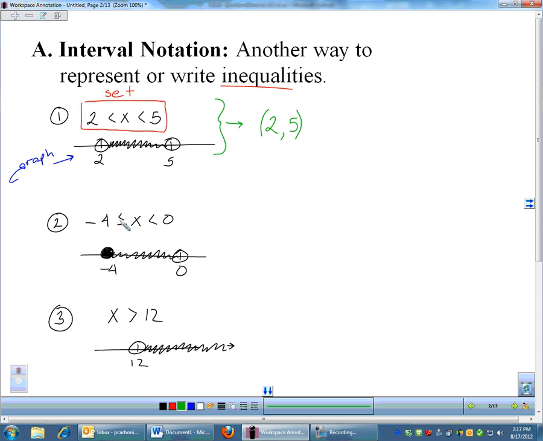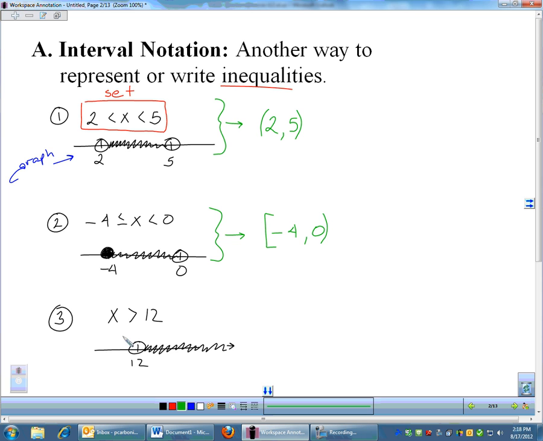This one is a little bit different. I'm going from -4 to 0, and I have it graphed here. But this time I'm including the -4. It's filled in. So if I convert this one to interval notation, I'm starting at -4. I'm shading all the way to 0. That's where I stop. And then I want to include the -4. It's filled in, so instead of parentheses, we will use brackets. So I'm equal to -4, still not equal to 0, so I'm going to put a parenthesis around 0. So there's the first two. Just remember, not equal to is parentheses, equal to is a bracket, and starting number shading to the ending number